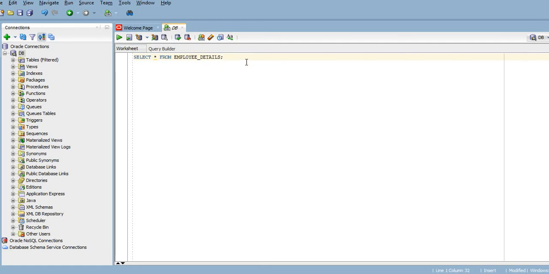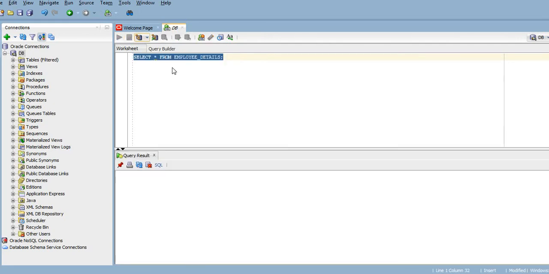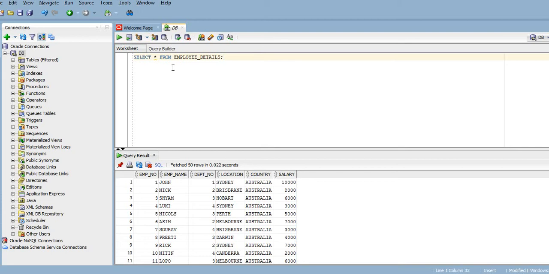Let me run the select star query, which is used to retrieve the full data set from the table employee details. As you can see in this table, the employee number, employee name, department number, location, country, and the salary, all these details are present.